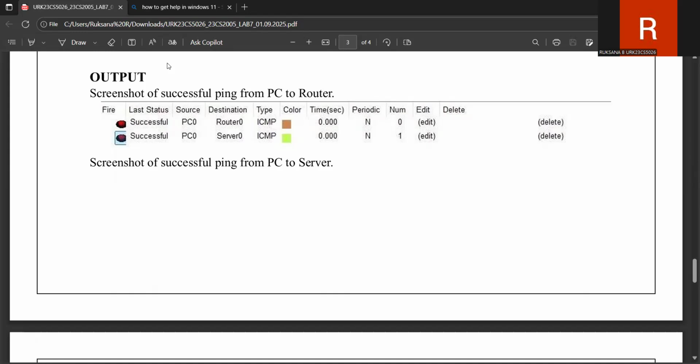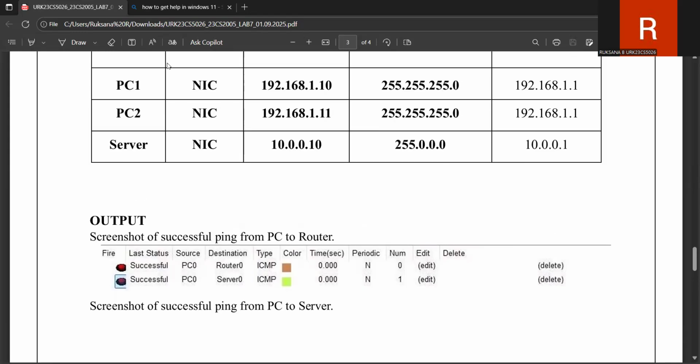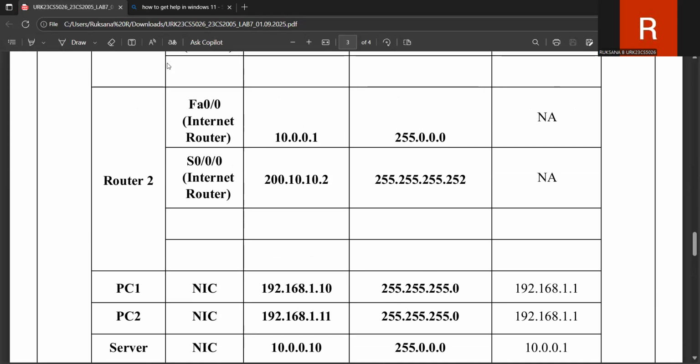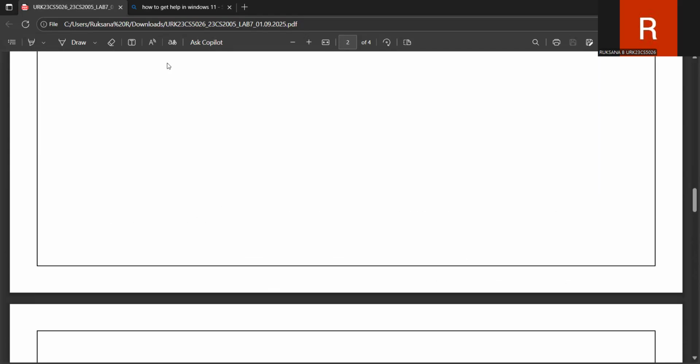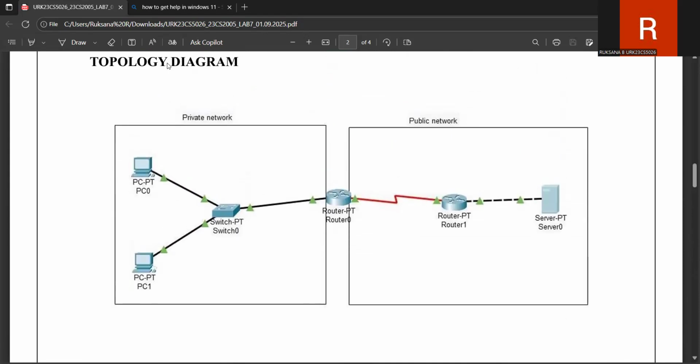I then used the commands show ip nat translation, then show ip nat statistics. These display the translation table showing which IPs were mapped to the public IP, and statistics confirmed active NAT sessions. So this topology configuration was successfully executed. NAT and PAT were implemented correctly, allowing private hosts to securely access the internet using a single public IP while